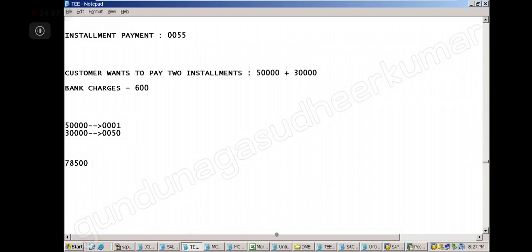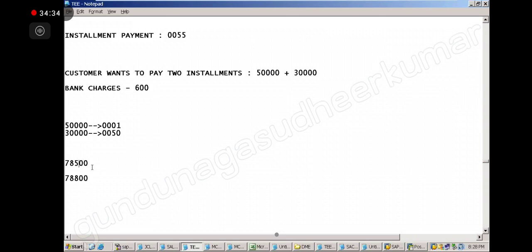There will be a 4-line entry, because there is a discount and bank charges. Write down and tell me the correct amount. 78,800.